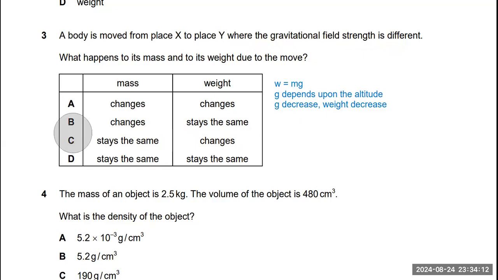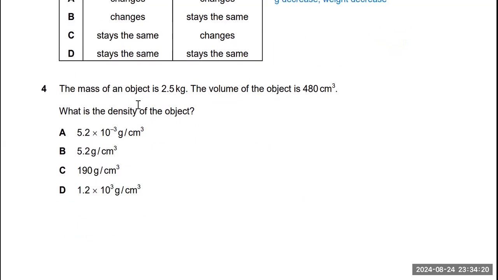Okay. Next, our question is: the mass of an object is 2.5 kg. The volume of the object is 480 centimeter cube. What is the density of the object? It is very simple, but you have to check the unit also. The reason is that I have told in some lectures